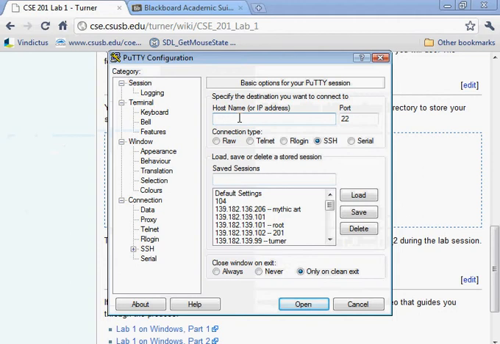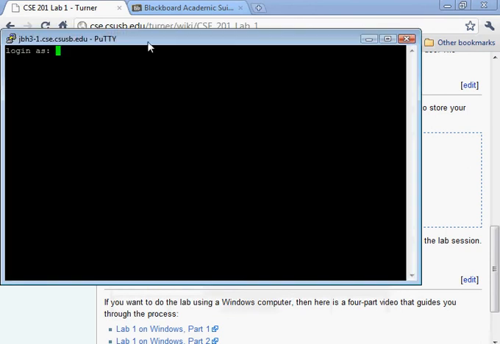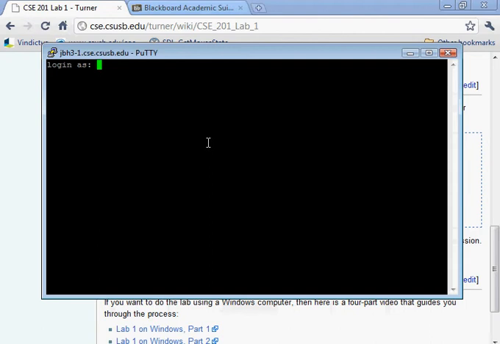So the name that we need to use is jbh3-1.csc.csusb.edu. And this is a single machine that gives us access to the Computer Science and Engineering network at Cal State San Bernardino. So this is what we're going to be connecting to. I'm going to click open on that, and it asks for a username, and I am Turner,